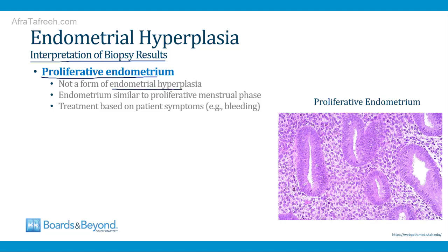It means that the endometrial appearance is similar to the proliferative phase of the menstrual cycle. Since this is not a form of endometrial hyperplasia and not a form of endometrial cancer, the treatment when you get this biopsy result is based on the patient's symptoms. You provide whatever treatment you normally would for the woman's bleeding, but no special treatment because of the finding of